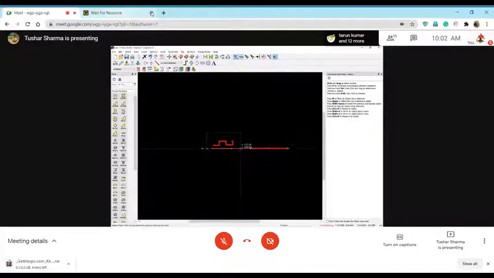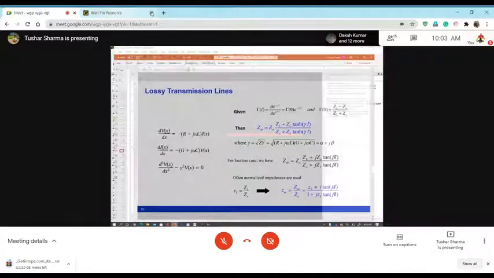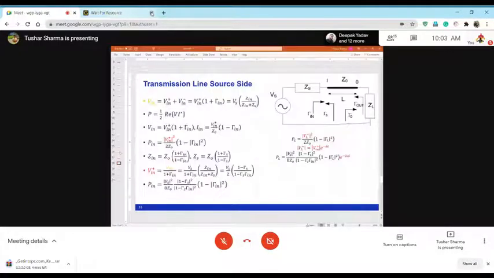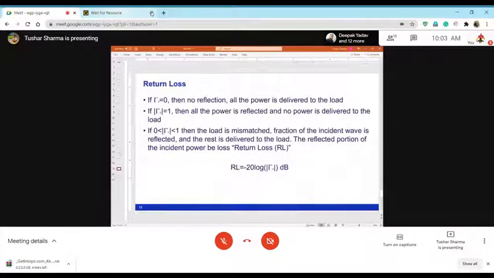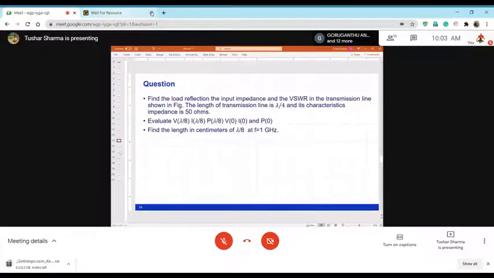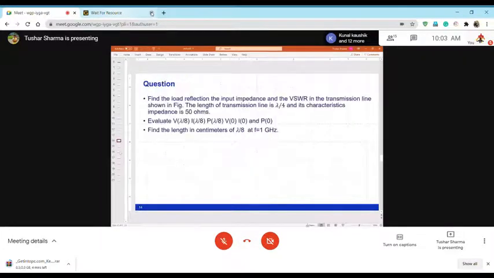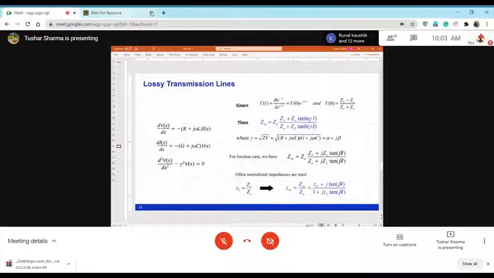Now before we go further, let's go back to fundamentals again. We understood the theory last time, and when we were discussing this, there were two things I was mentioning. There can be a lossless line where the attenuation constant alpha is 0, but then there is a generic equation where you have gamma. This gamma is alpha plus j beta. If alpha is 0, it means there is no attenuation. But in practical cases, that's not true.